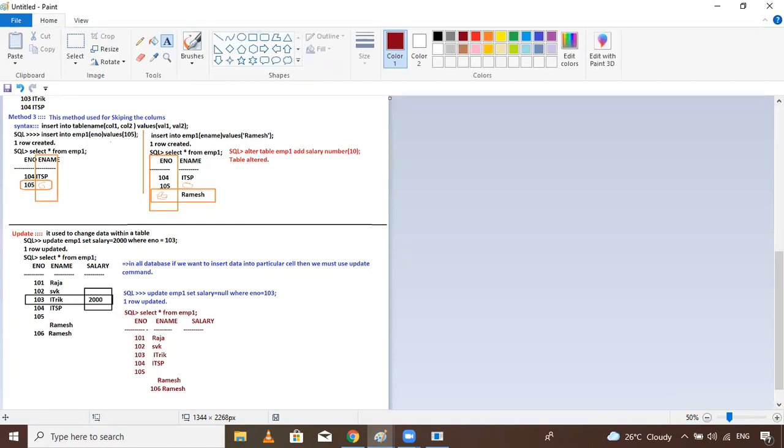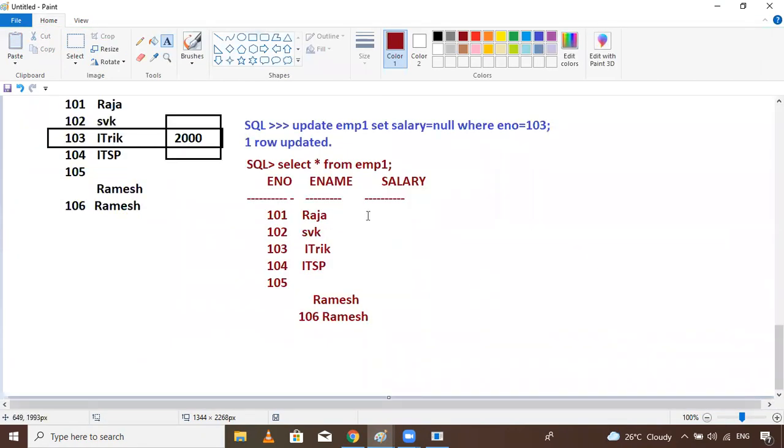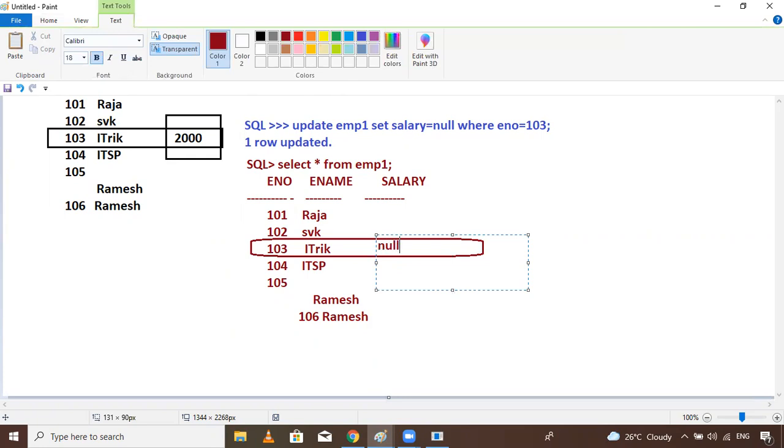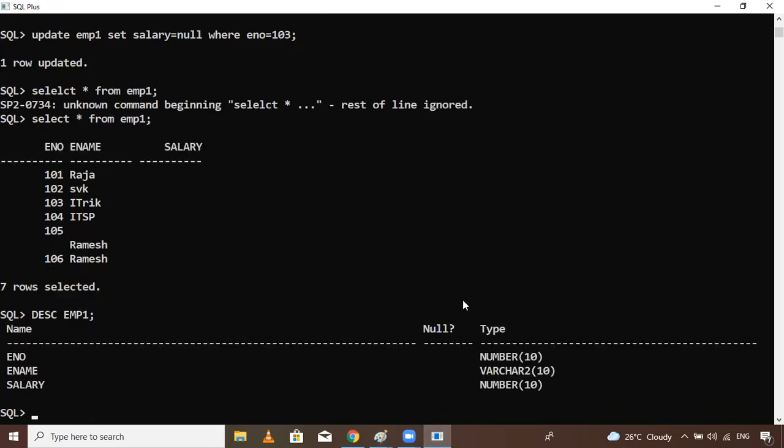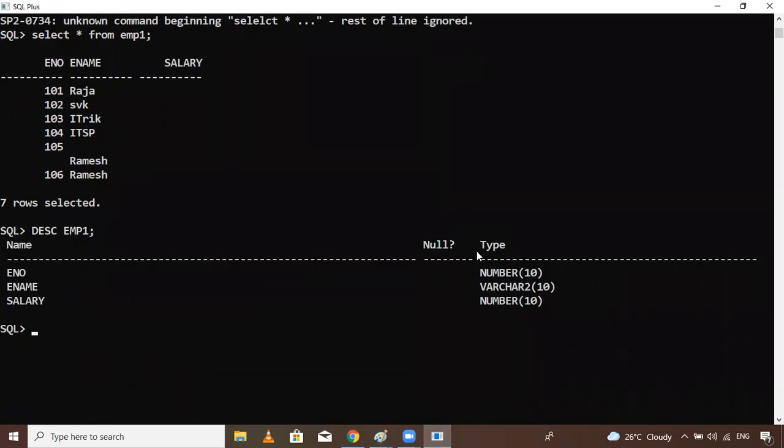Observe this, observe, guys. So here we inserted null instead of the value. Null is not showing, but it is storing the null value. Let's see, describe EMP. Now here, observe this. Null is there, no, guys. Null is there.